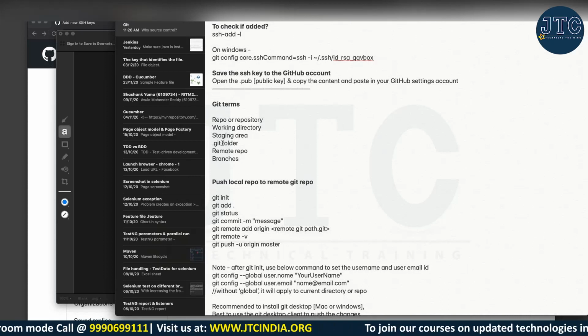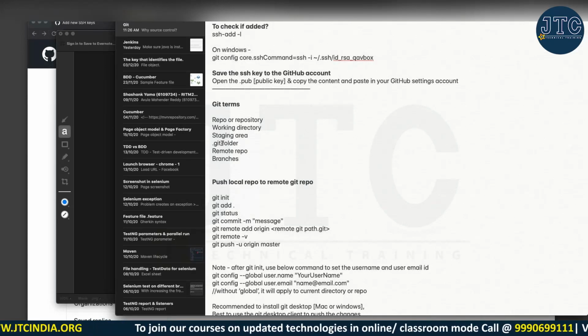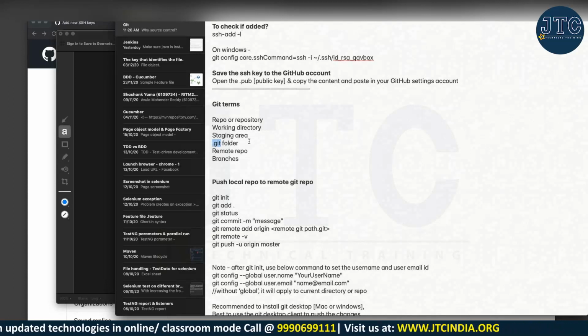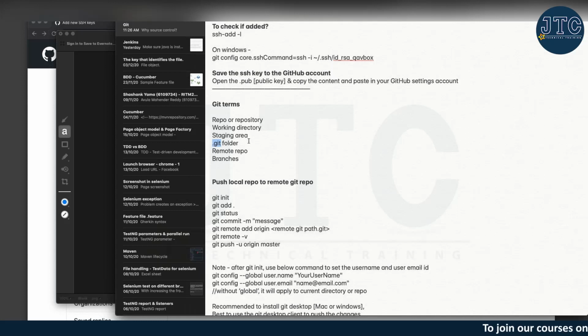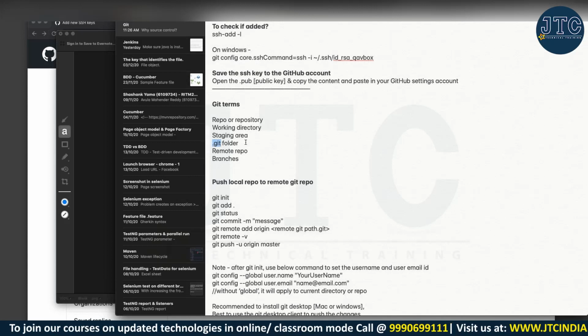So .git is a folder that will be created in your project directory, storing all your version information. Version again doesn't mean your application version which you are editing into some YML or XML file. It's basically the code, the lines that you're writing. Git is keeping an internal versioning on that. Then only you can undo and do all those things.